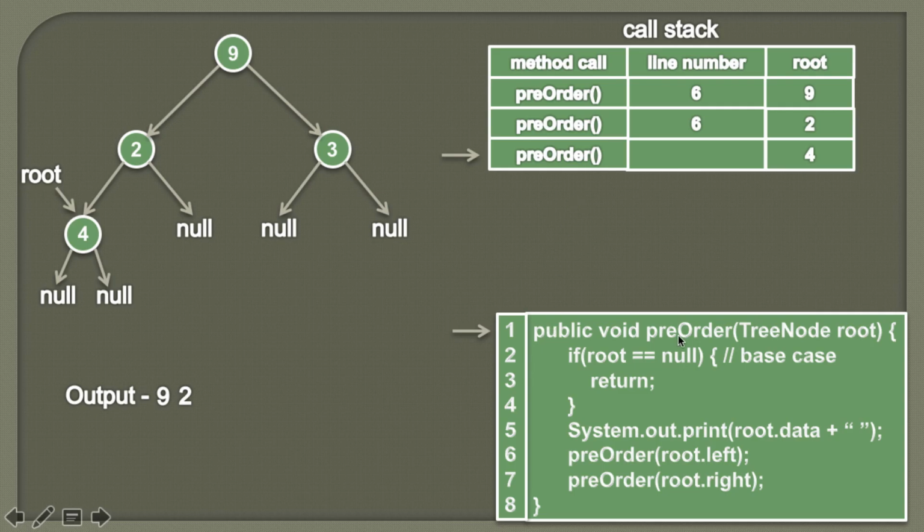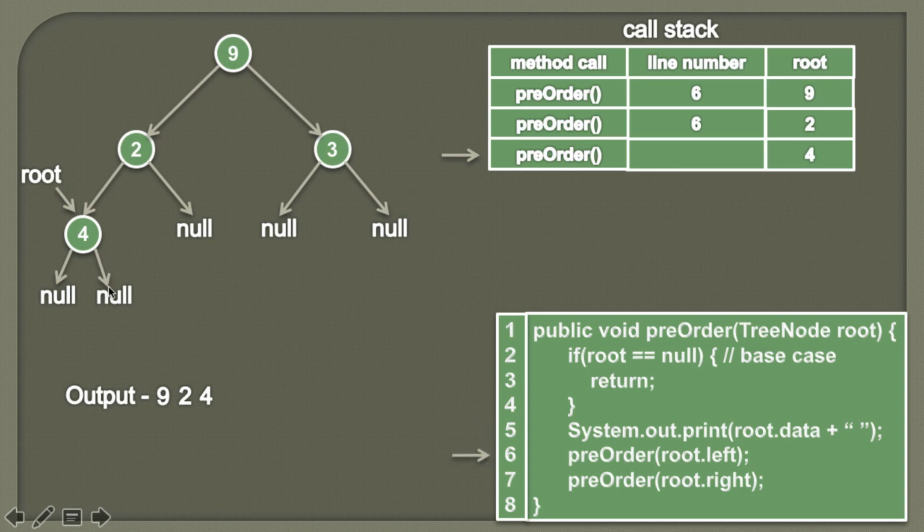And as we are again executing this pre-order, we know that in the call stack this method will be called again, and this time the root is 4. So we'll again execute this pre-order recursively. We'll first check whether root is equal to null or not. So currently root is pointing to 4, therefore it's not null. And here we'll simply process this node. So the output would be 4.